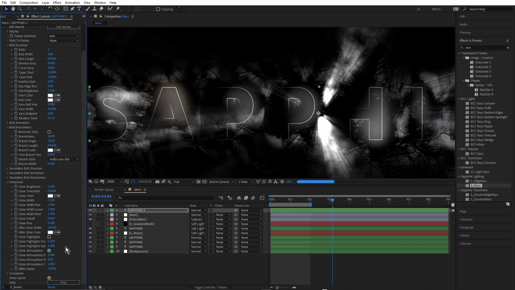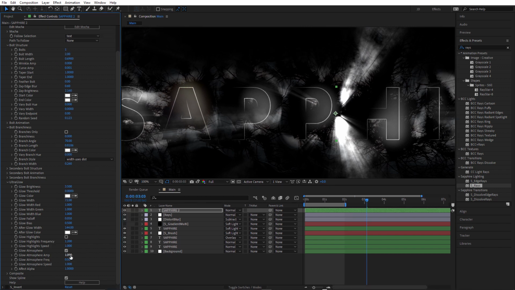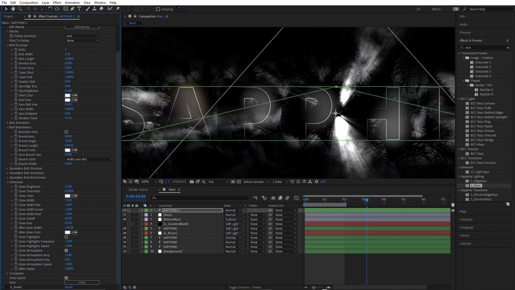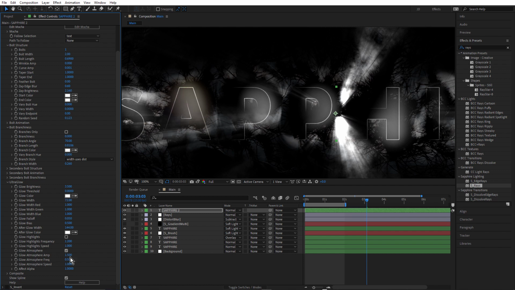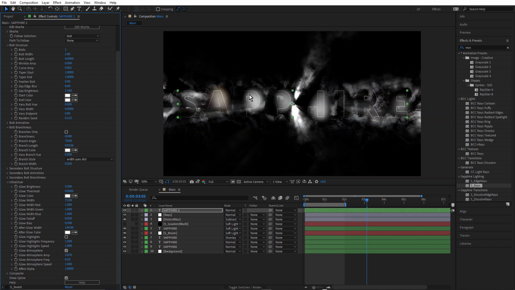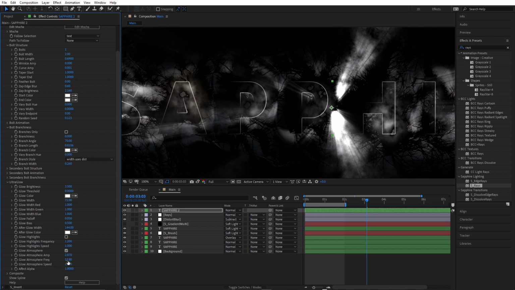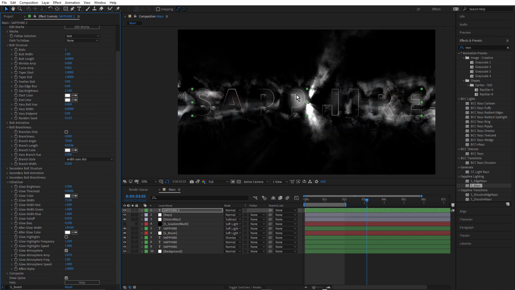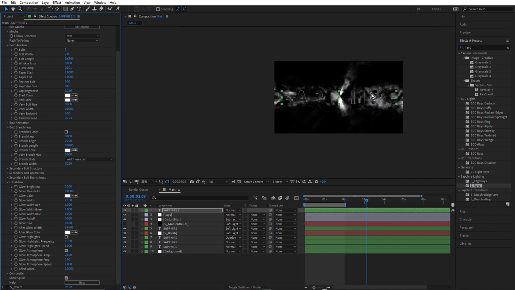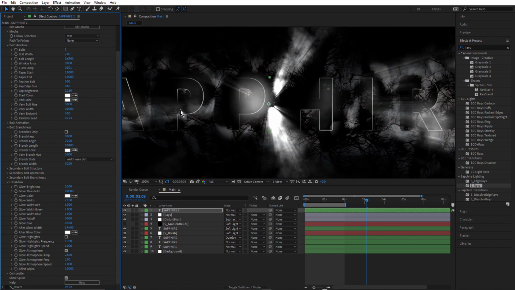Glow also has an atmosphere. What if we introduce a little bit of the same atmosphere in there? Let's increase the amplitude a little bit more. And what about the frequency? It's a little too much. Okay, so maybe a frequency of 2. Okay, so we're getting a little bit of spooky glow, which is quite nice. So it's starting to feel a little better integrated.